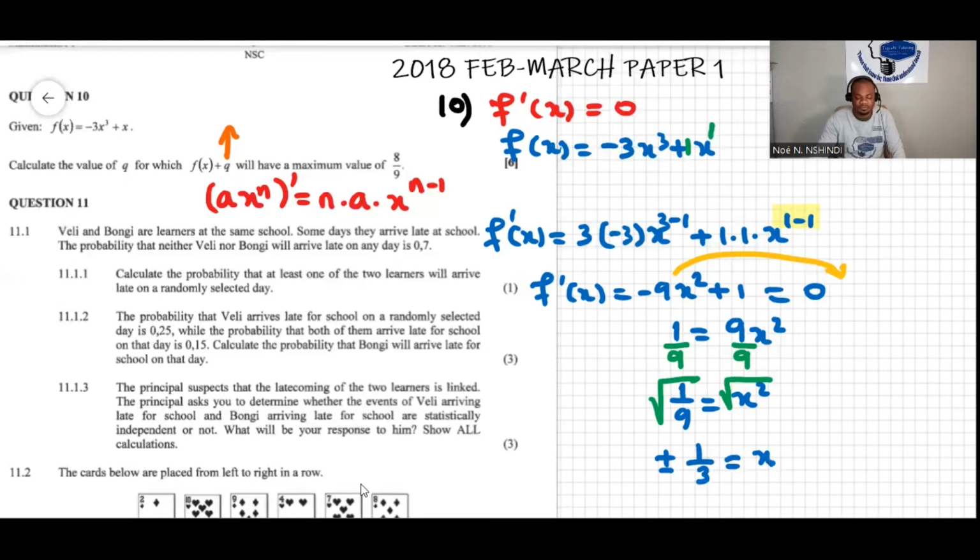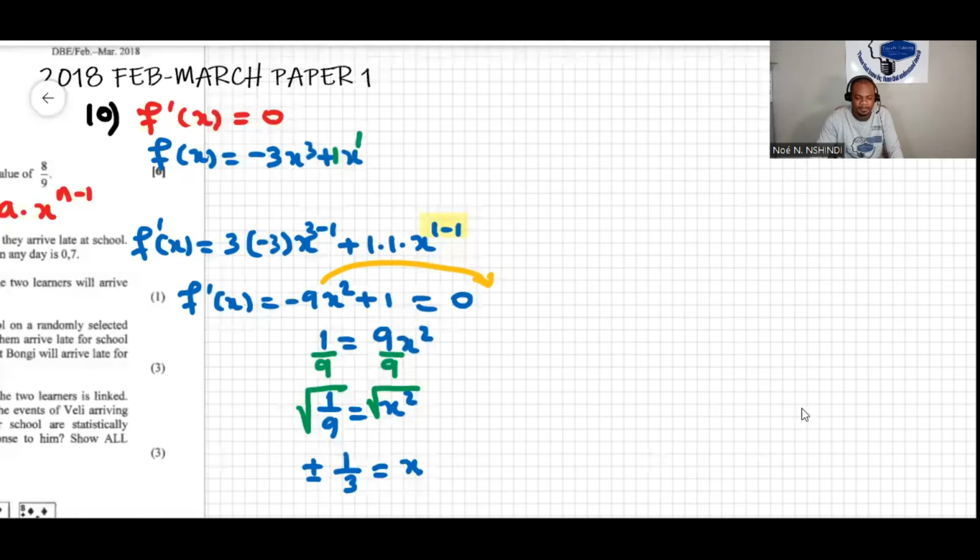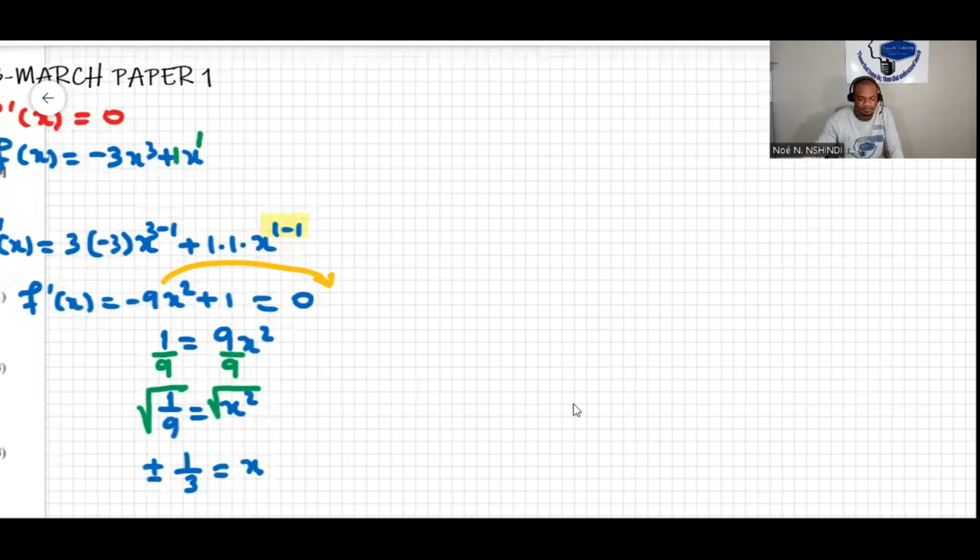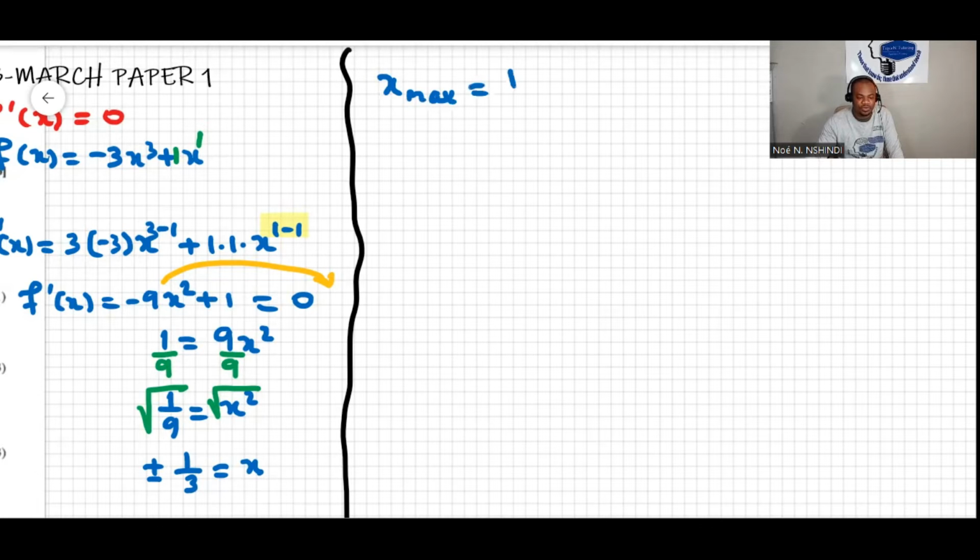So we have a maximum when x is positive 1 over 3 or negative 1 over 3. Now let's work out the maximum. If x max is equal to 1 over 3, for instance,